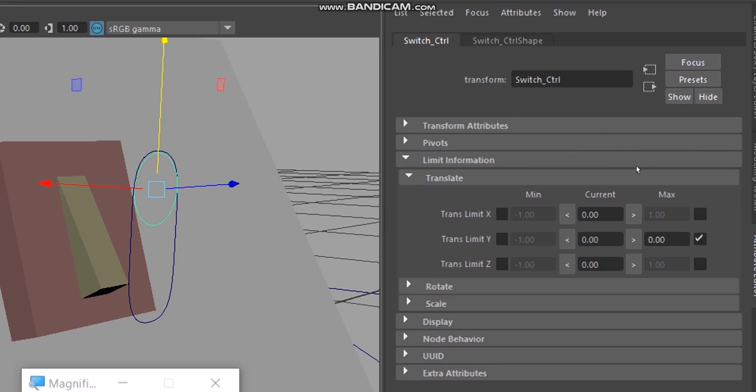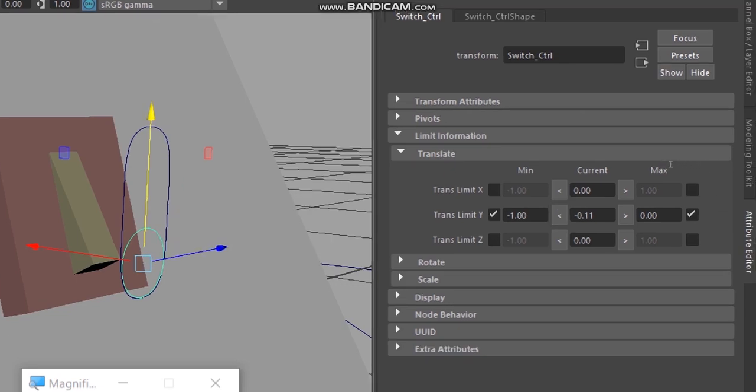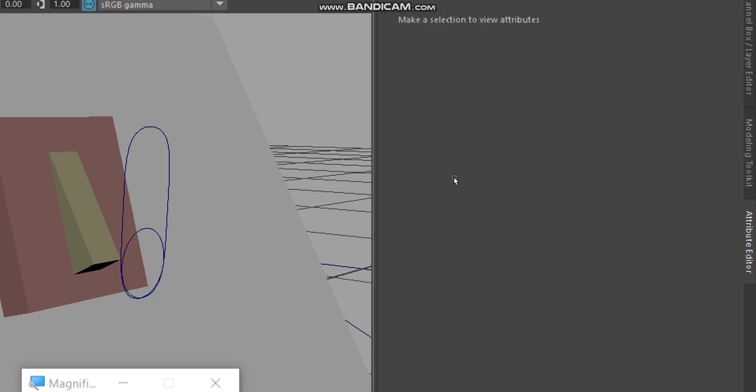Again, I'm going to turn the limit on for y. Now I should move it a little bit. There you can see the change of value in the current position. This is the current position and this is the current position value. I am going to move that value to the minimum position. Okay, now I have turned the limit on. So 0 is maximum. Current position I have turned it for minimum.